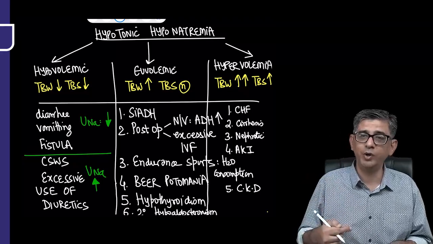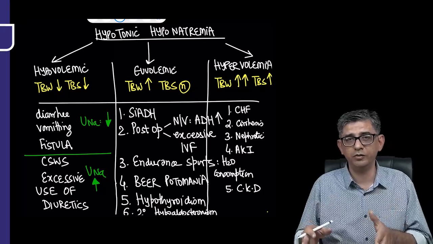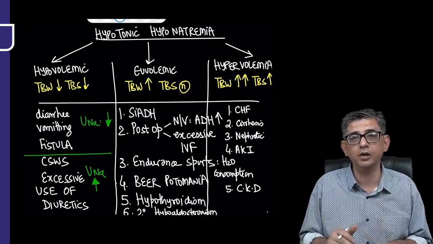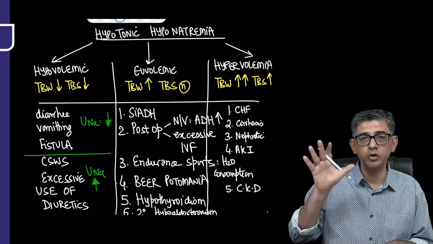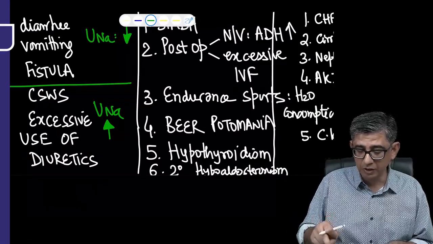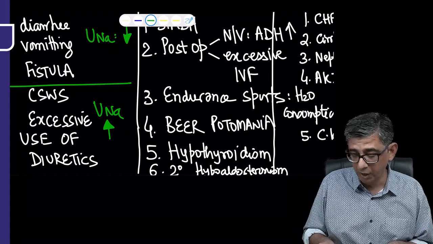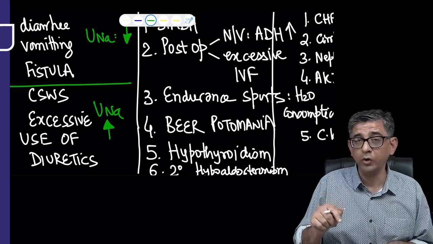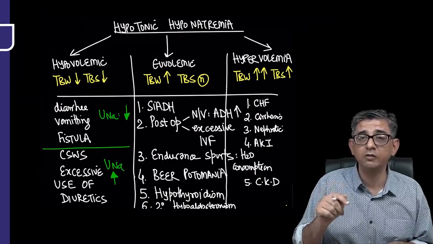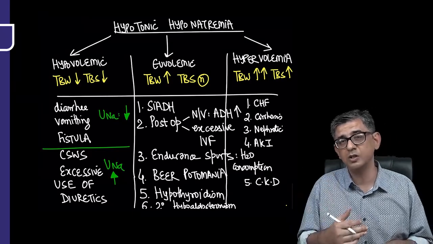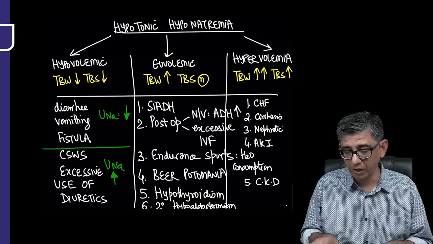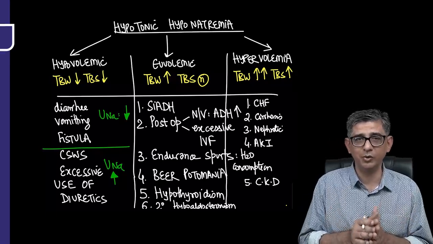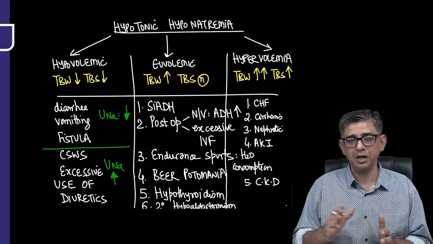I would like to rate this particular slide as the most important slide of the first, I would say, 30 to 45 minutes of this particular video. I mean, every word that I've written here should be imprinted with special emphasis in the middle of the table on point number 1, point number 5, and point number 6, where I told you thyroid and cortisol have an inhibitory control over the release of antidiuretic hormone. I've emphasized these points multiple times so that I could make an impression and ensure that you don't have to revise this topic. I want you to listen to this one read, and I want you to be capable of